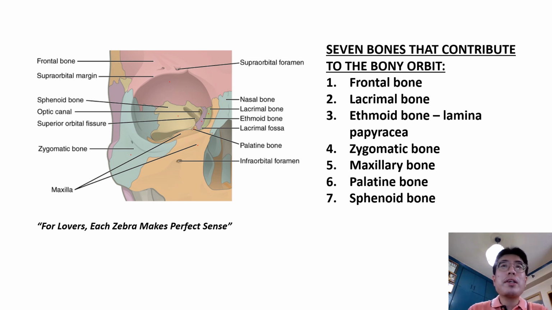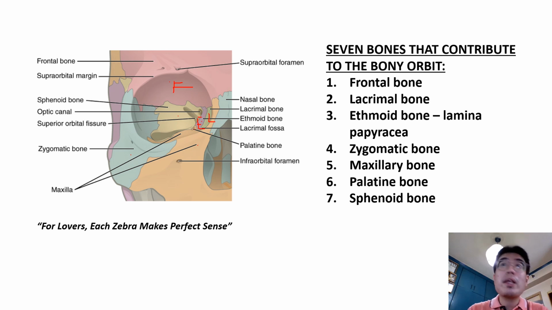Good day, everyone. Today we will be discussing the bony orbit. The bony orbit refers to the bones that constitute the margins of the orbits, and there are seven bones that comprise it. We will discuss them in a sort of clockwise fashion, starting with the pars orbitalis of the frontal bone here. We have the lacrimal bone here in olive, and medial to it is the lamina papyracea of the